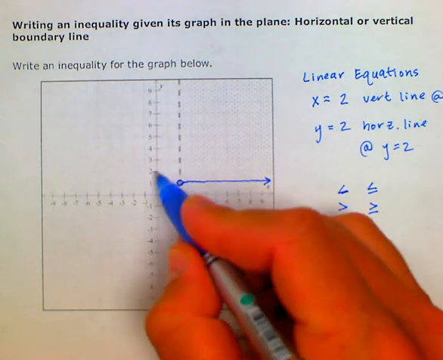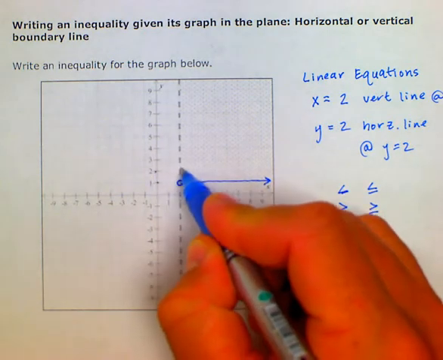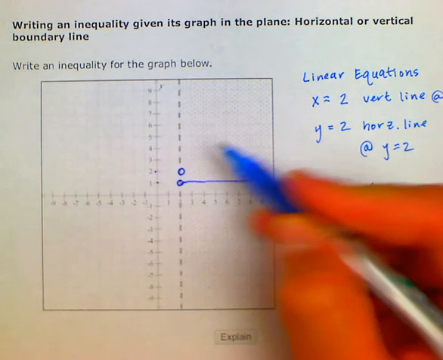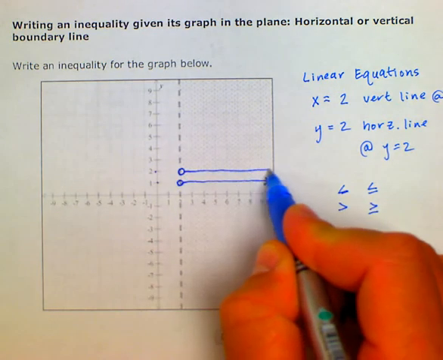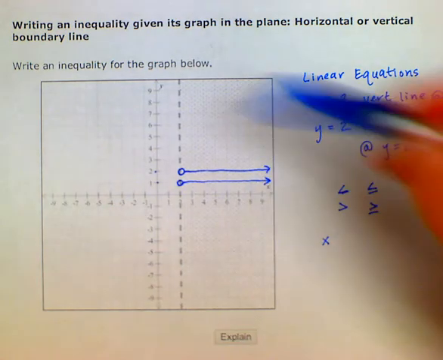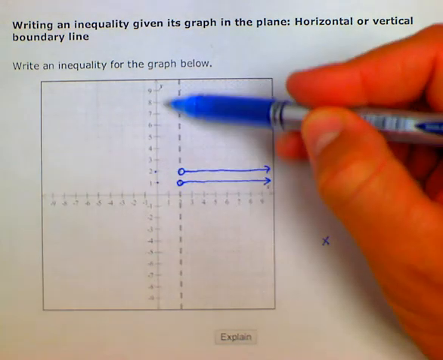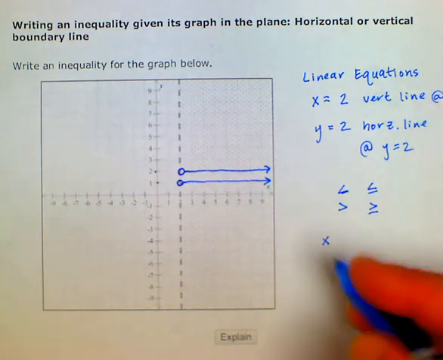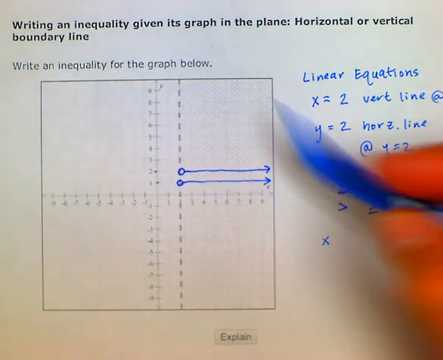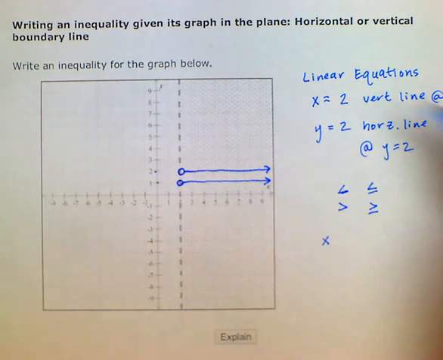At y equals 2, we look and we see that 2 is not included, the x value 2, but everything greater than 2 is included. Thus the shaded area. And you could go on for each of the y values, and you would get the same answer. Thus, when we write the inequality that x must be greater than 2,